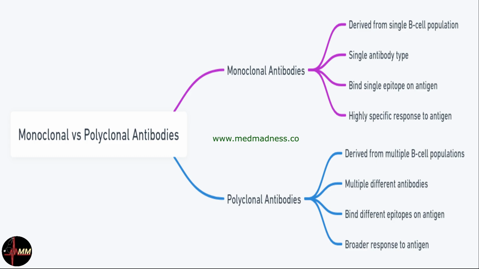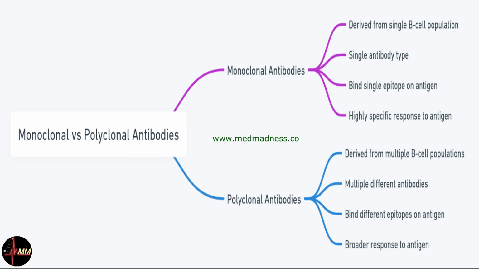Let's break down the differences between monoclonal and polyclonal antibodies to help you answer this question. Antibodies are proteins produced by B cells that recognize and bind to specific antigens like bacteria or viruses, marking them for destruction by other immune cells. Monoclonal antibodies are derived from a single B-cell clone, which means they are identical and recognize only one epitope on an antigen. This makes them incredibly specific and consistent, ideal for diagnostic tests where detecting a specific antigen without cross-reactivity